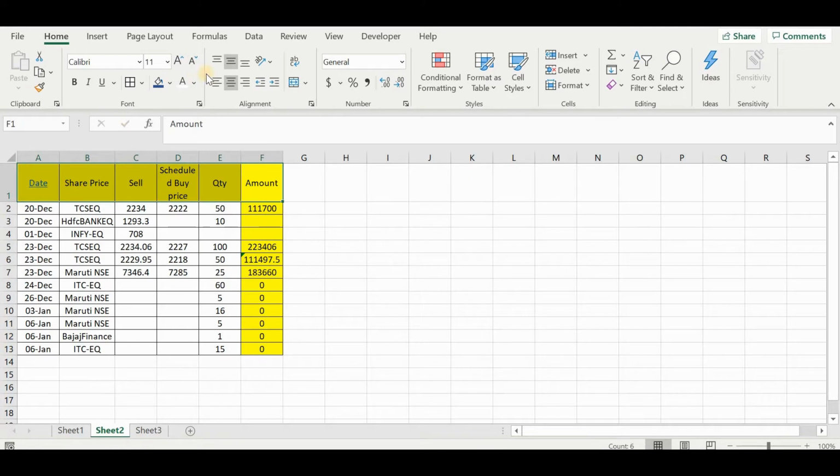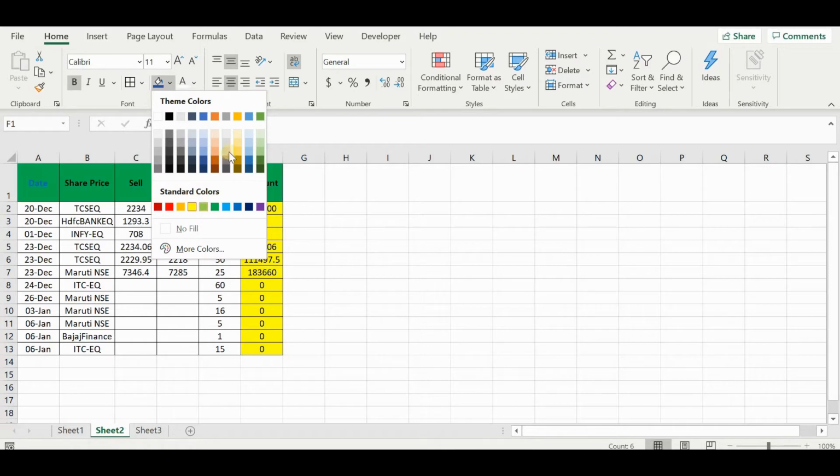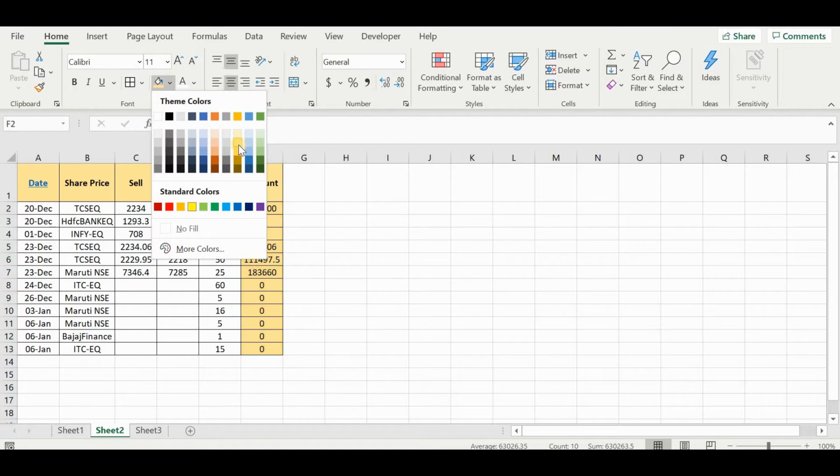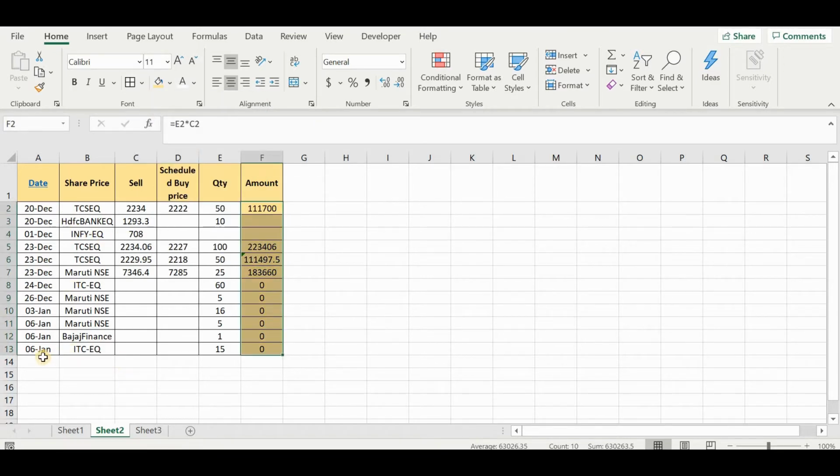Okay, so this is already a little formatted. If I want to make it a little bold, and I don't want yellow color, I want say a light cream color, I can put it like this, and this is okay. I'm giving a different color like this, and suppose you want to add another data, you can simply add 9th Jan. Whatever you want you can write, and I will teach you in our slightly advanced videos how this is getting autofilled.